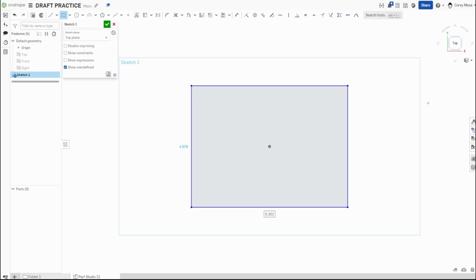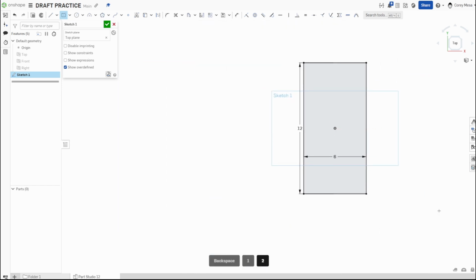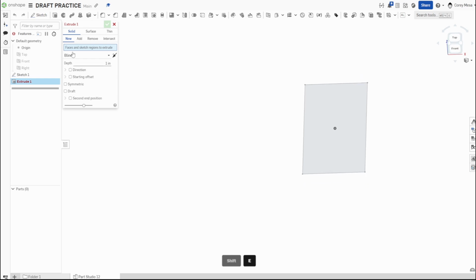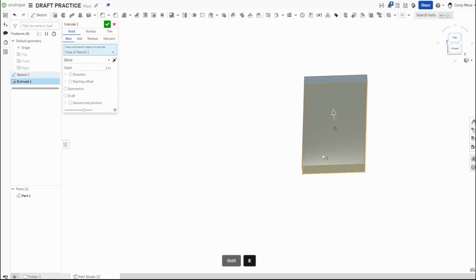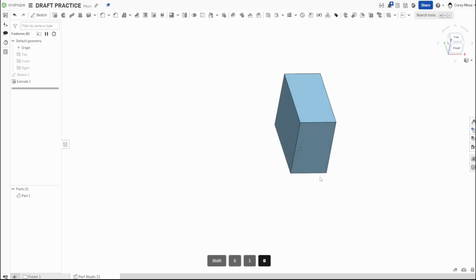So what we're going to do today, we're going to give it a 6 by 12 rectangle. Again, the geometry on this doesn't really matter all that much. All we're doing is using it as an example to show you how this draft tool works. From here, we'll select OK. We're going to switch to Shift and E to shift to a solid. It's going to ask us for extrude. We're going to select that face, and it'll just give it a depth of 10 inches, so we have something to play with. We'll select OK, and you'll see now we have a 6 by 12 by 10